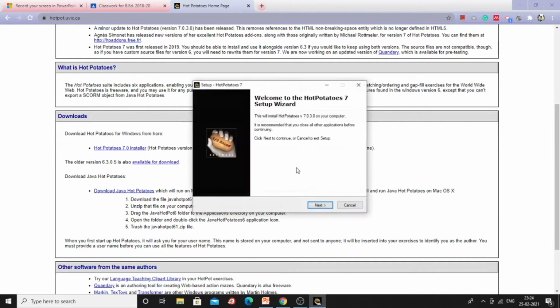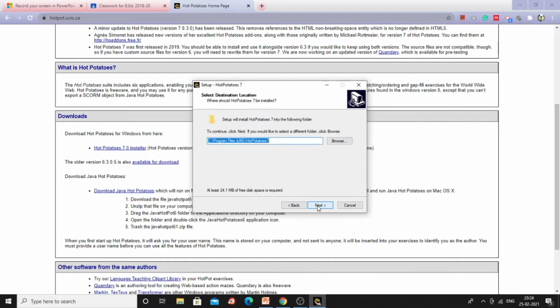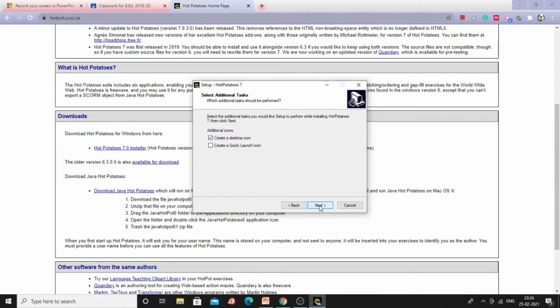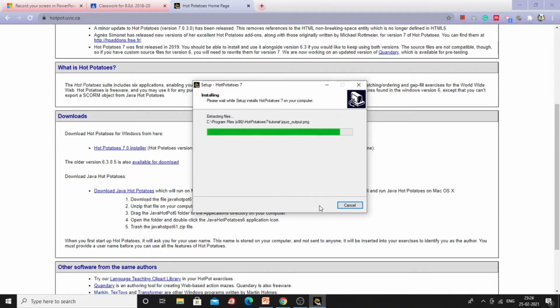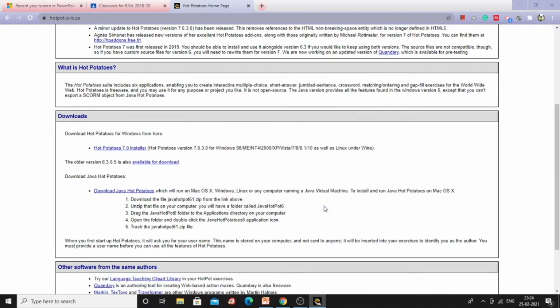Just give OK, and just select next, accept the agreement, and next, next, and next. Wherever you want to have the location, just select it and just next. Okay, then install. So actually the free open source software is downloading. So once you download, now you finish it.